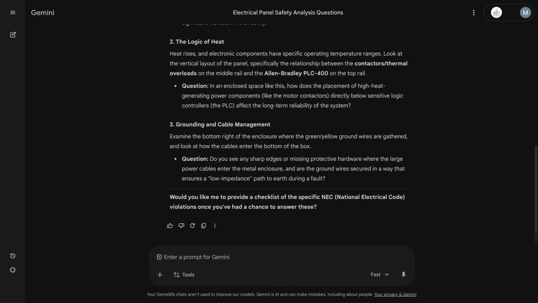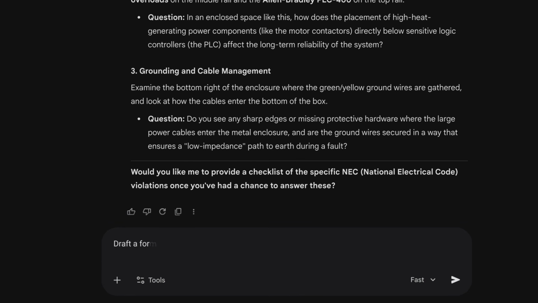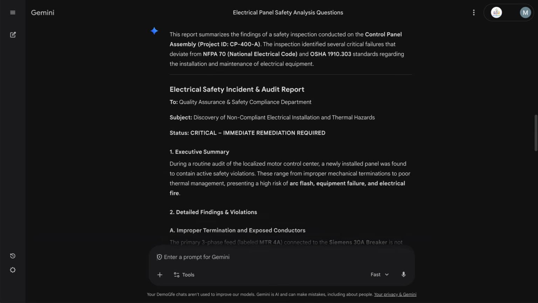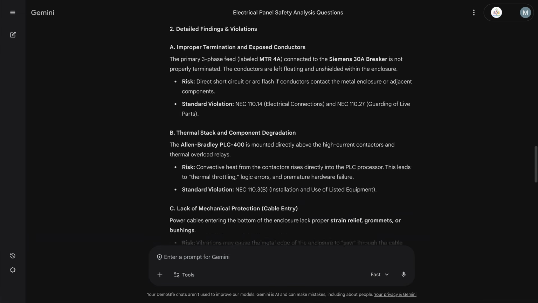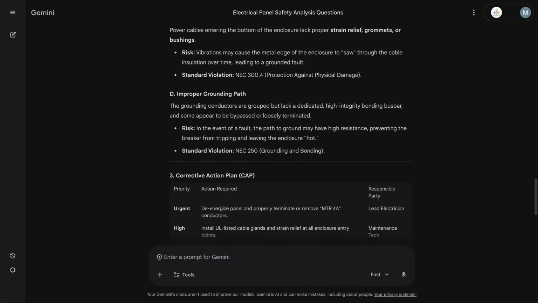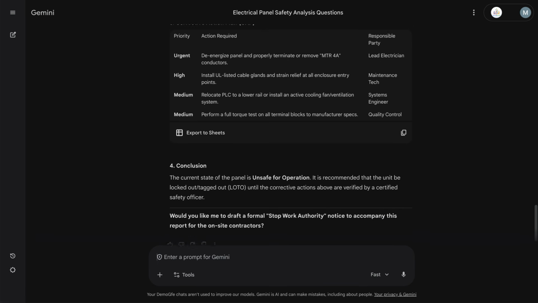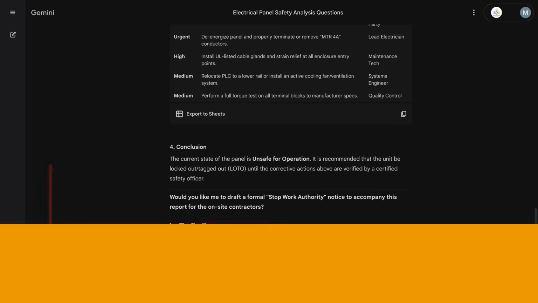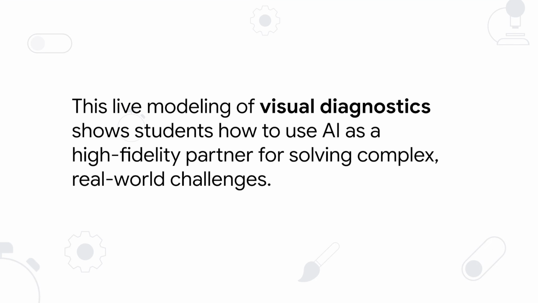evidence provided. To extend this idea, why not ask Gemini to draft a formal safety incident report based on the final findings, suitable for an industry-leading firm? You now see a structured technical document that models how to automate administrative research tasks and communicate risks with high-level precision. This live modeling of visual diagnostics shows students how to use AI as a high-fidelity partner for solving complex,